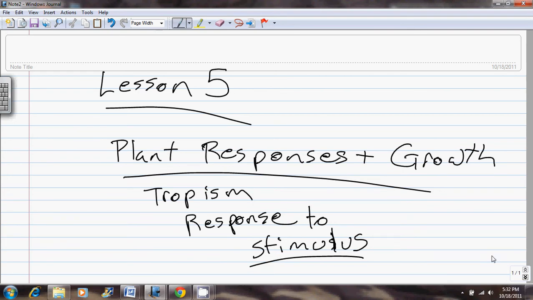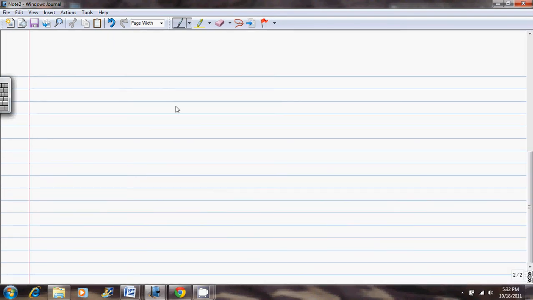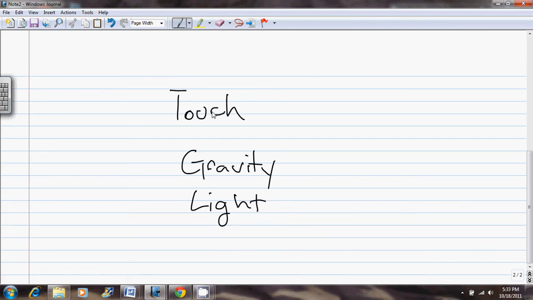Now, the three stimuluses that we're going to encounter that plants will react to is touch, it'll react to gravity, and it will react to light. So let's look at the first one under touch. So it's going to react to touch